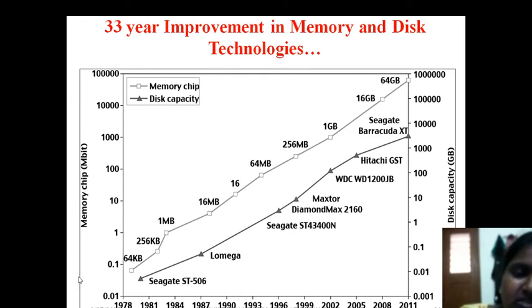See, from 1978 to 2011, this is nothing but the memory evolution. Around 1978, maybe 1979 or 1980, they used 64 KB of data to process. But after that 256 KB, 1 MB, 16 MB, 64 MB, 256 MB, 1 GB, 16 GB, 64 GB. So in 2011, 64 GB. Okay, but now the minimum hard disk configuration requirement is 160 GB.